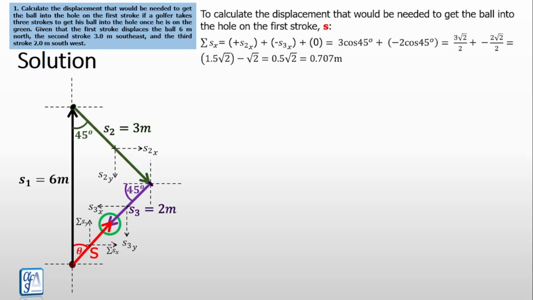summation of this, okay, which is summation S of x for all the x components of all the displacements is going to be the horizontal component here, which is 0, okay, for the 1, plus what? This is moving in the positive x direction, so that's why it is plus S2x, and here is moving in the negative x direction, that's why it's minus S3x. Now, if you look at this very well, this angle and this angle are the same, so that means